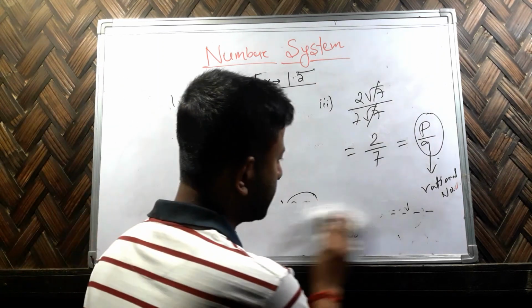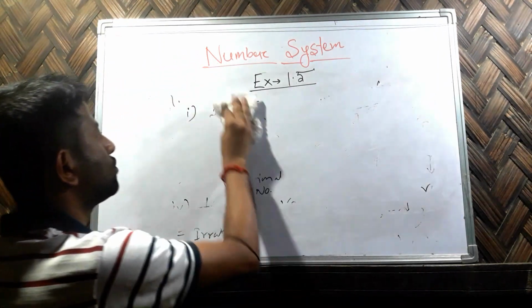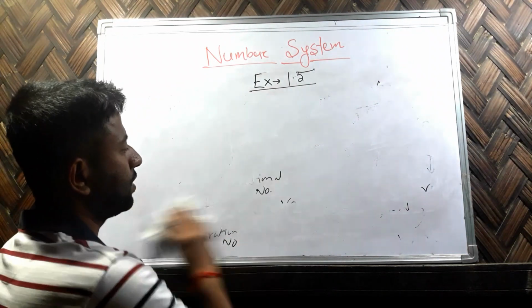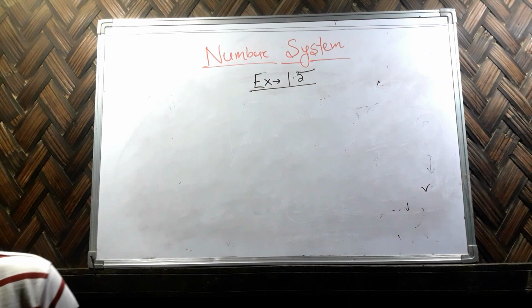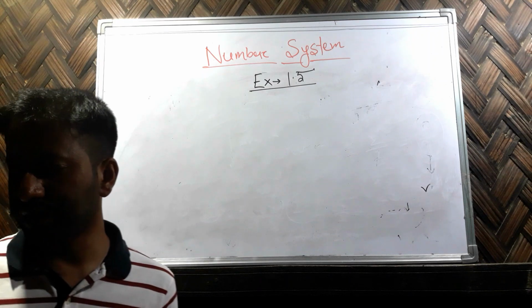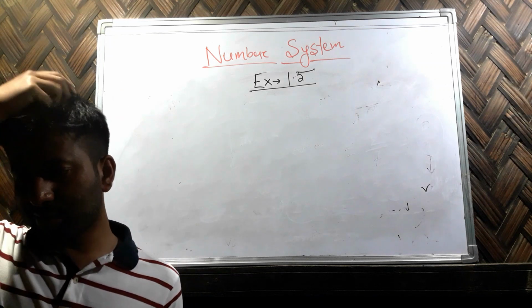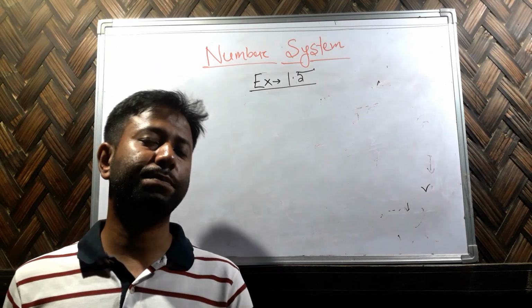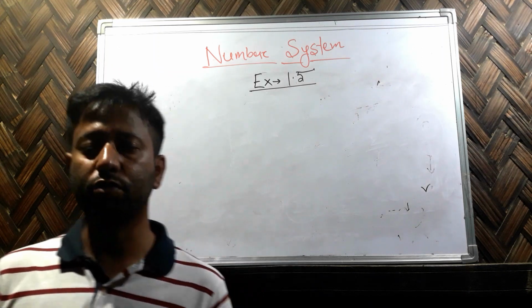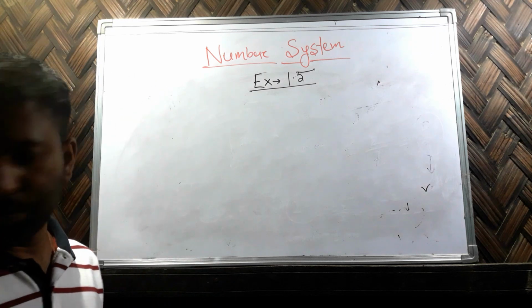ओके, लेट्स मूव टू द क्वेश्चन नंबर 2। क्वेश्चन नंबर 2 में क्या बोला जा रहा है, इसमें बोला जा रहा है सिंप्लीफाई, दे हैव गिवन सम फ्यू फंक्शंस। अब मुझे वो सब फंक्शन को सिंप्लीफाई करना है। ये सारा चीज़ सिंपली है, ये सब आप लोगों ने प्रीवियसली भी पढ़ चुके हैं, इसलिए मैं इसको दोबारा रिपीट नहीं करना चाह रहा हूँ।